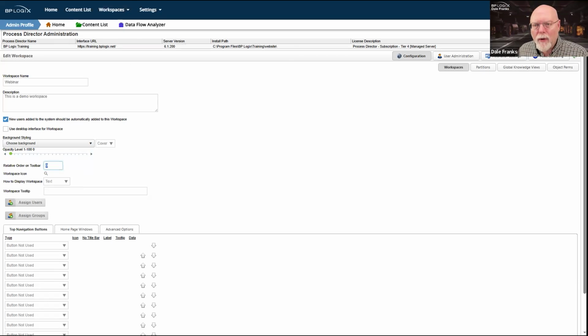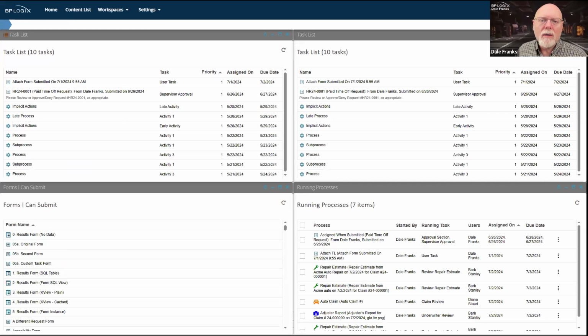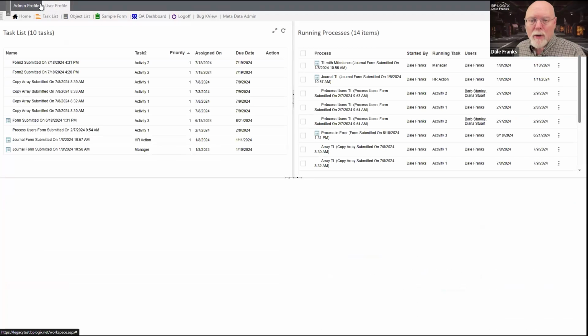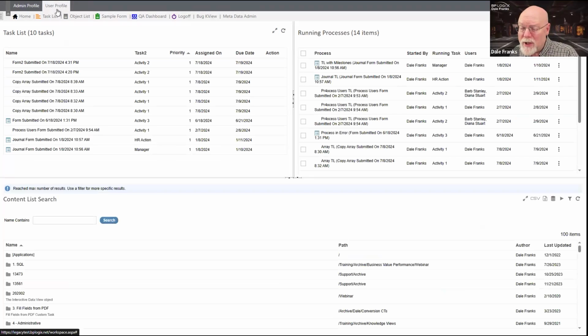In the old version of Process Director, so let's reopen that again, because we do have to talk about UI differences. So let's open up the legacy server once again. So up here at the top of the screen, these are tabs. You don't necessarily expect them to be in any specific order. You expect them to be perhaps in the order of utility or what have you, but these are just tabs at the top of the screen. And you're just going to read them left to right.